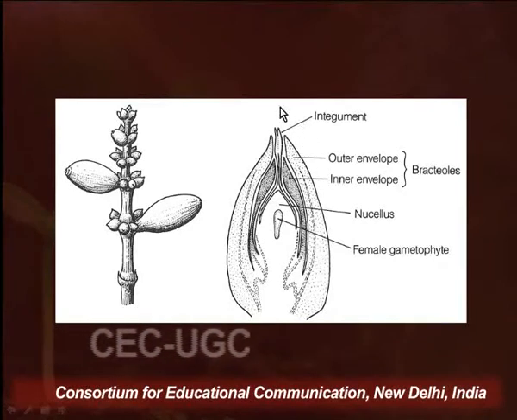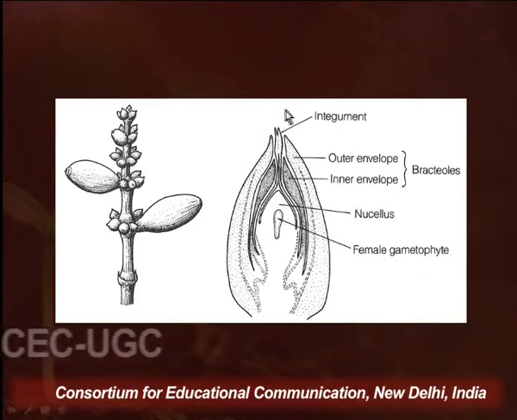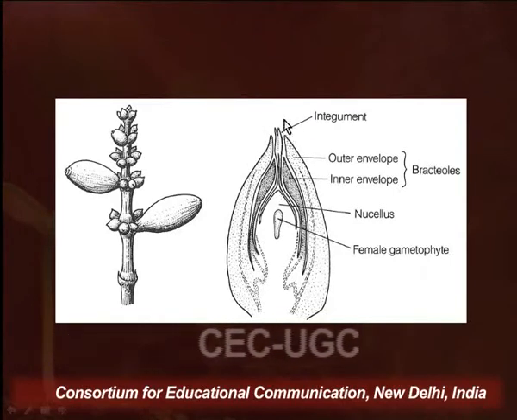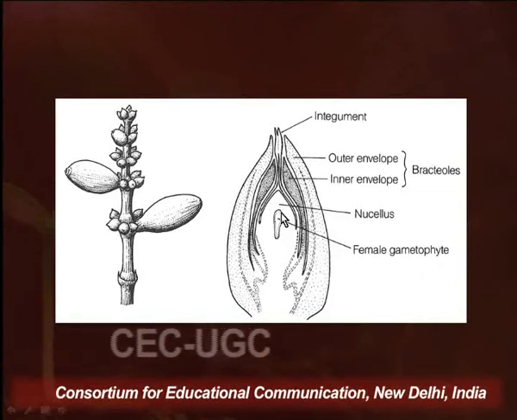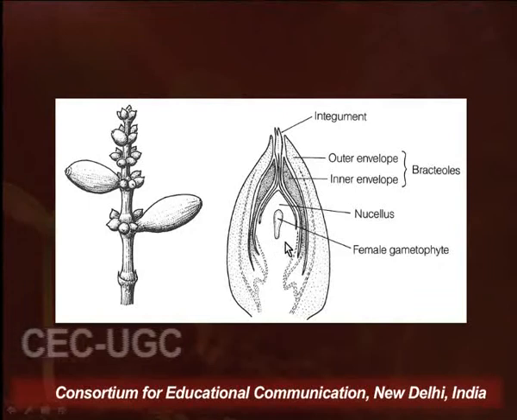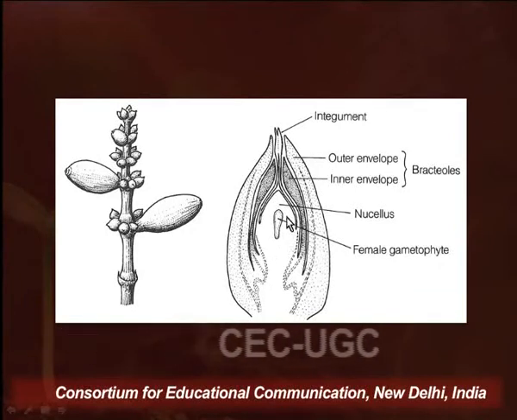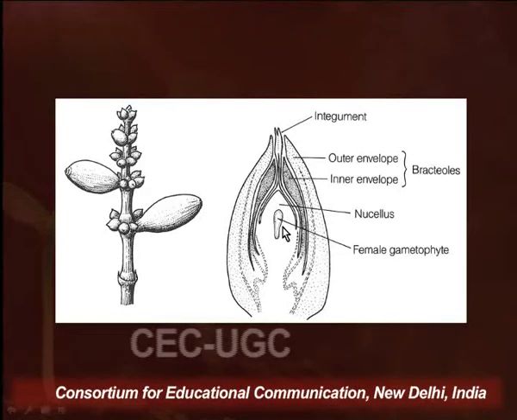Now this is the place where, during the process of fertilization, the pollen grains would land, and this also acts as a style, because this is the track which will be followed by the pollen tube, and the male gamete will fertilize the female gametophyte. And inside this innermost integument lies parenchymatous nutritive tissue called the nucellus, and within the nucellus lies the female gametophyte, which has egg cells present in it.